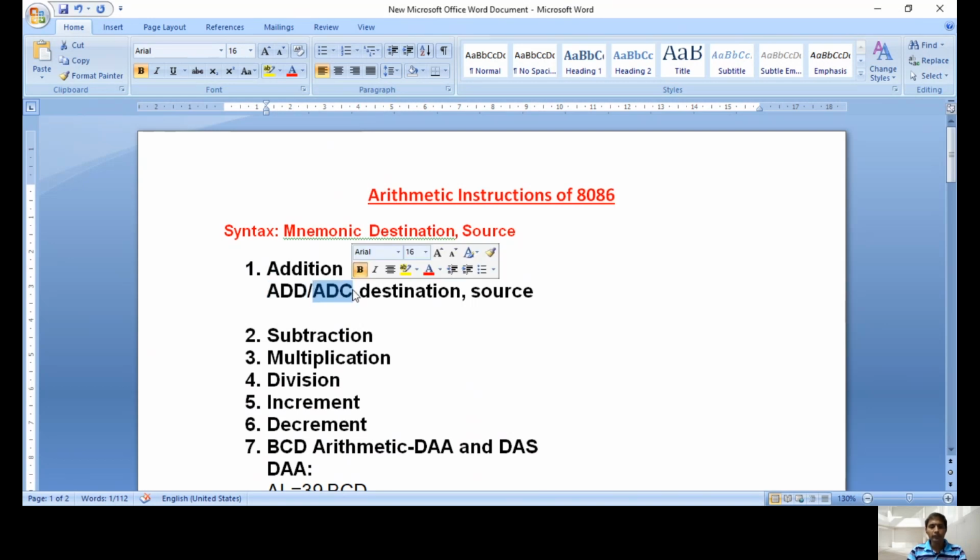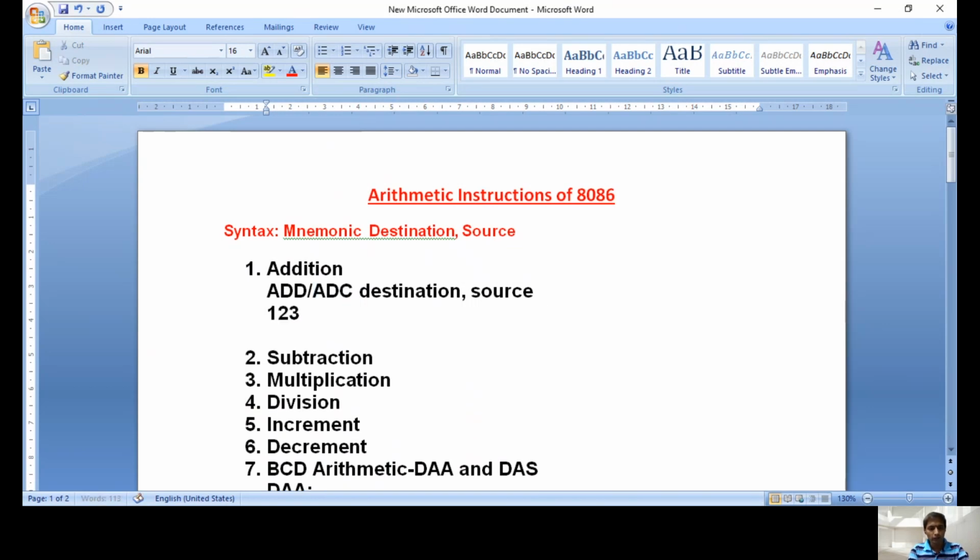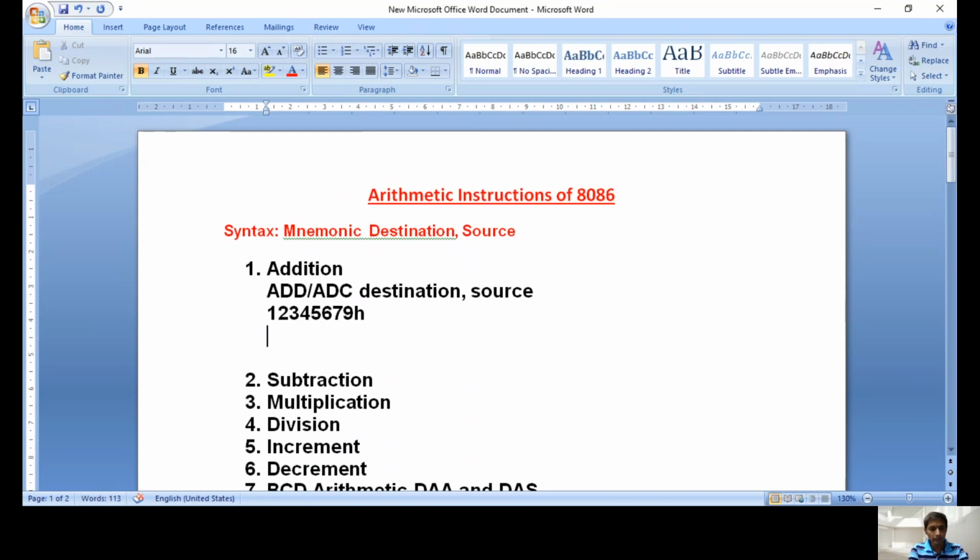So when can we write ADC? For example, one number contains many bytes, and maybe another number has some other bytes. In this particular example, one number has many bytes. See how many bytes are there? 7A acts as one byte, 56 acts as another byte, 34 acts as another byte, and 21 acts as another byte. Like that, we have 1, 2, 3, 4 bytes in the first number. The second number also has 4 bytes.